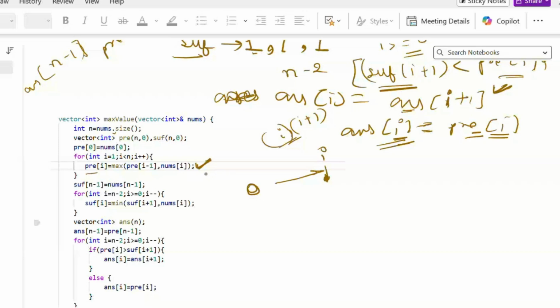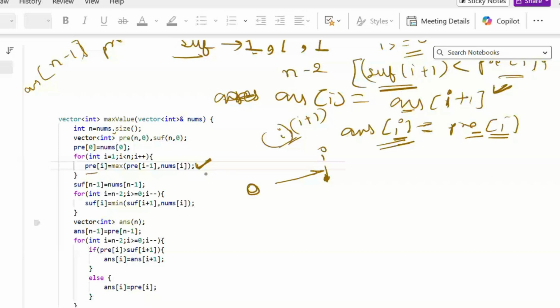If I and I plus 1 are connected, our answer of I equals answer of I plus 1. This is answer of I plus 1 because this is the maximum value we are calculating till here, because the right side value will be maximum only.